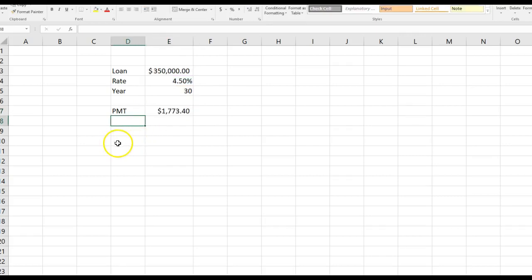Okay, then we're going to go ahead and plan for the amortization table by having the right labels. Let's first of all start with the month, because we're going to have 360 months, as you will see in a second. I'll show you how we arrived at that number. Then we're going to have beginning